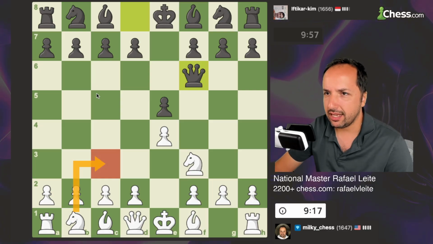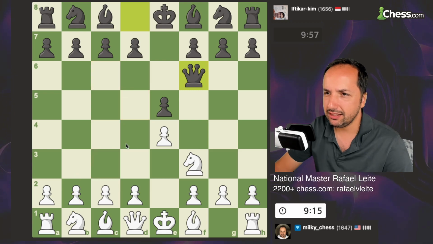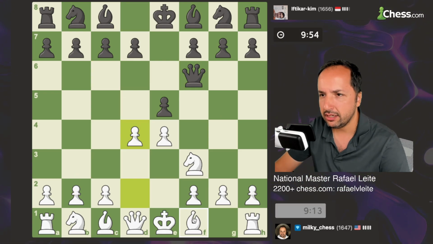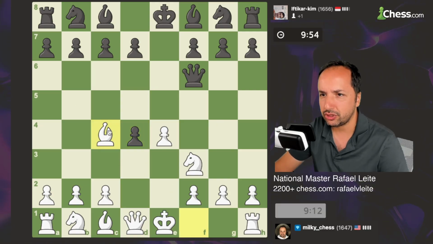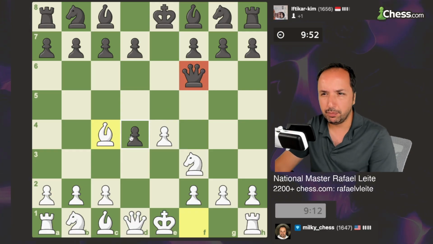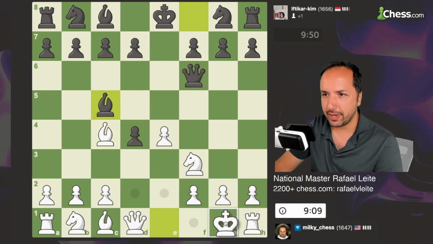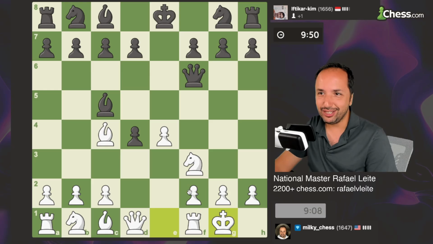I'm gonna play this and he's gonna play c6, not allowing my knight, and this is pretty obvious. So I'm going for more aggressive stuff, not allowing him to start liking the game. So he developed the queen. Now I sacrificed the pawn just for getting a better development here, and he's trying to grab his